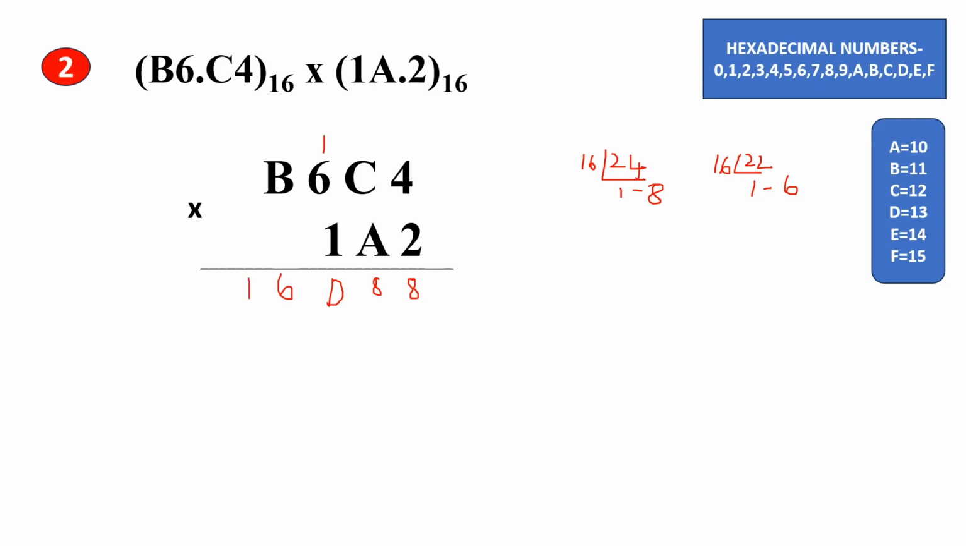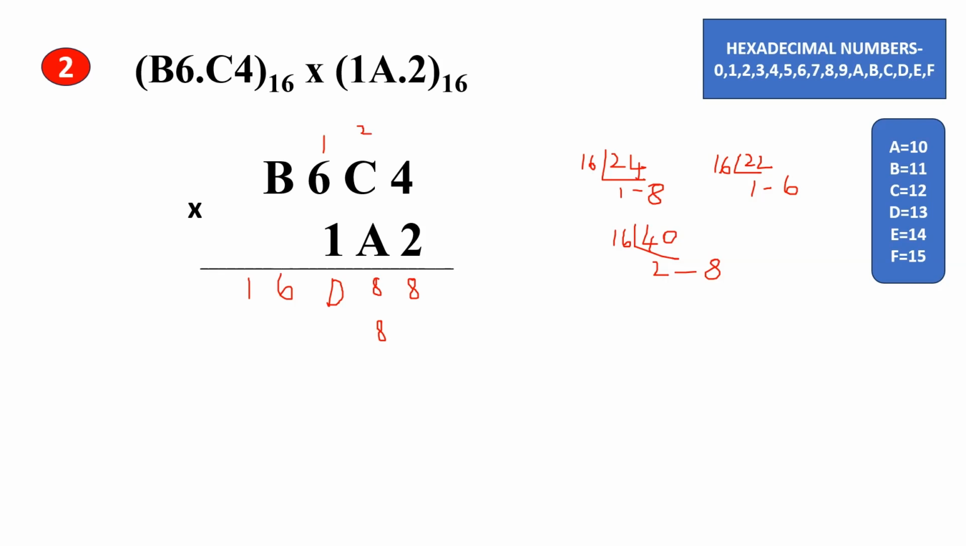Next, multiply B6C4 with A. So A into 4. A is 10, and 10 into 4 gives us 40. So 40, to make it hexadecimal, divide by 16. So you get 2 as the quotient and 8 as the remainder. So you can start writing the remainder you got here, and the 2 as the